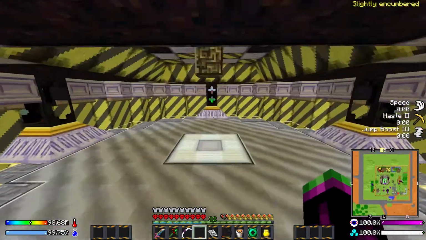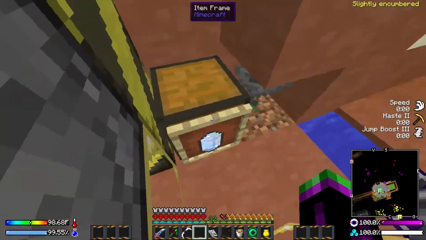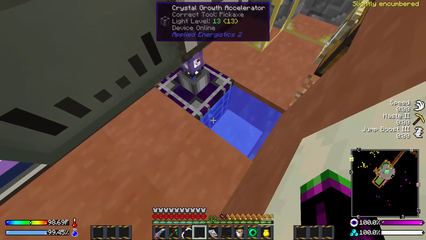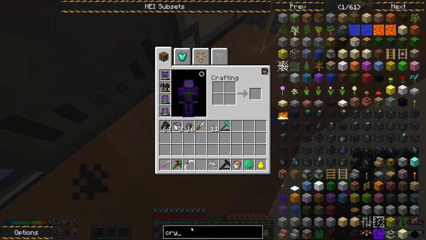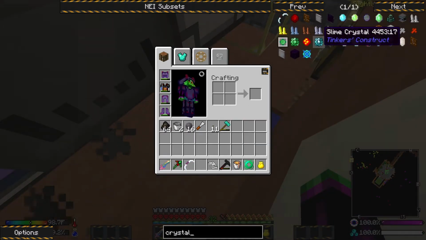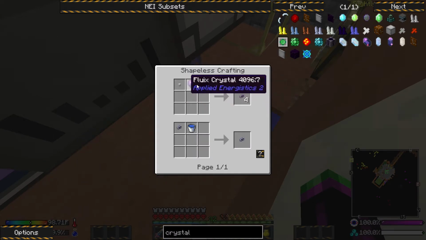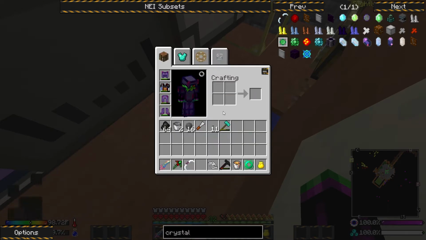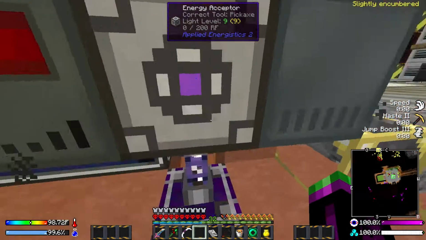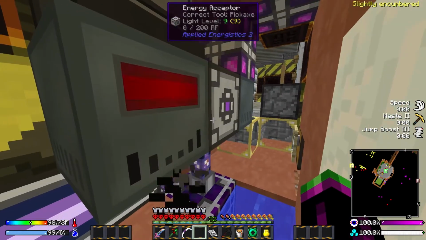So now we've got our silicon, so we could come down here. Oh, I've got other things that happened on the stream this weekend. I got myself a crystal growth accelerator. That one wasn't as expensive as I would have expected. Crystal growth accelerator takes a block of Fluix, but we got that from the quest. I mean, these glass cables are cable and Fluix, and cable's just crushed up stuff, and that's not particularly expensive. And then we just plug it into our ME system here with the spatial pylons and whatnot, and it draws